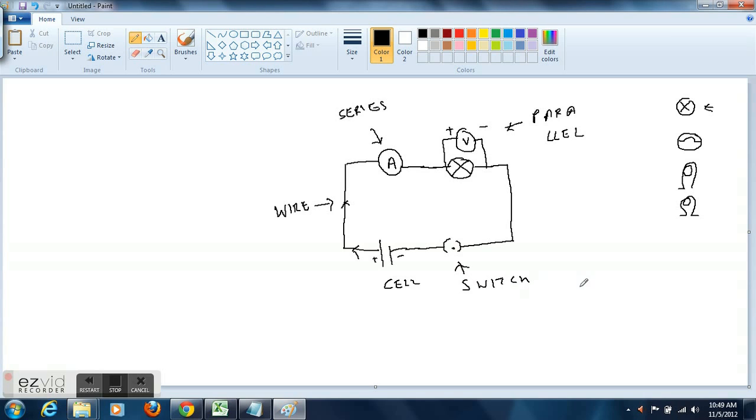Whenever you draw an electric diagram, it is good practice to mention each and every component explicitly, which looks good. This is the switch. First one is a closed switch, second one is an open switch. I'll show you how to draw a closed switch in this second way, and this is how you can draw a closed switch.